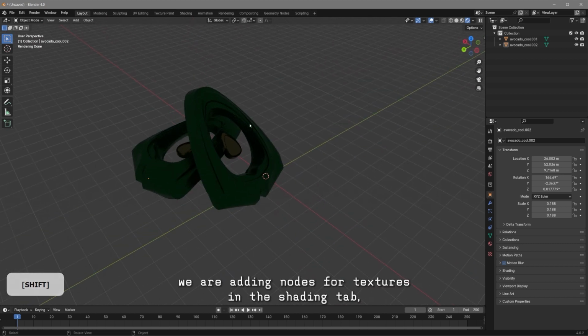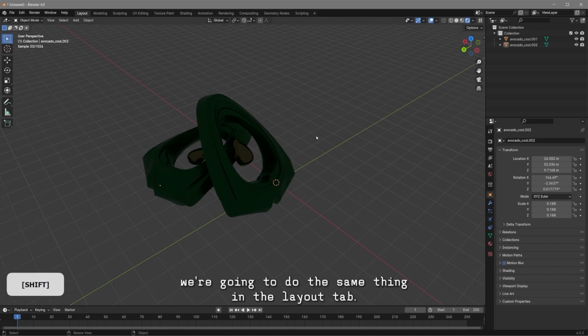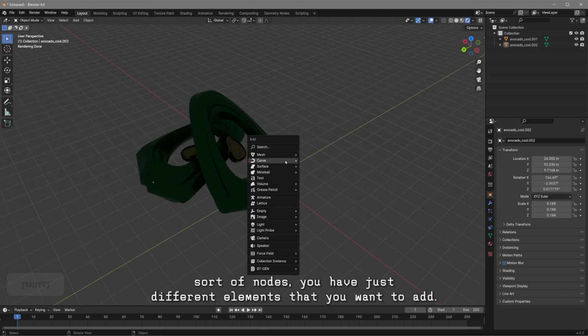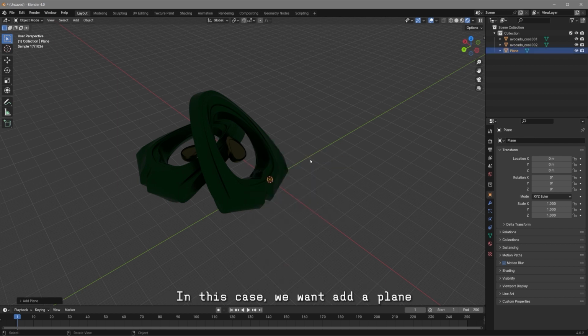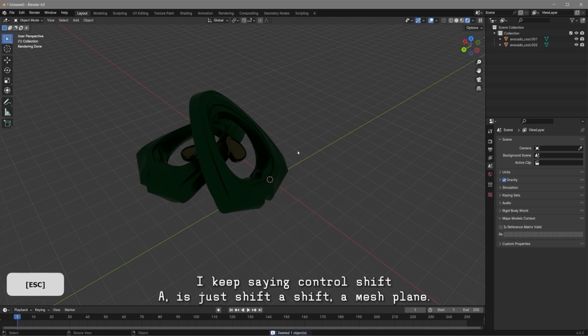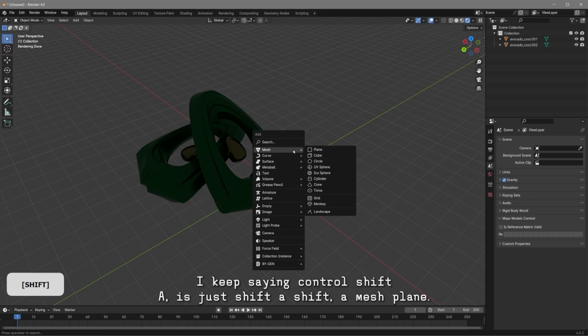So the same way we are adding nodes for textures in the shading tab, we're going to do the same thing in the layout tab. And if you do Shift A, you're going to see how now instead of nodes, you have just different elements that you want to add. In this case, we want to add a plane. And as you can see, Shift A, Mesh,